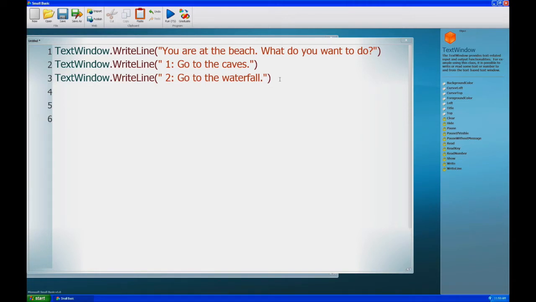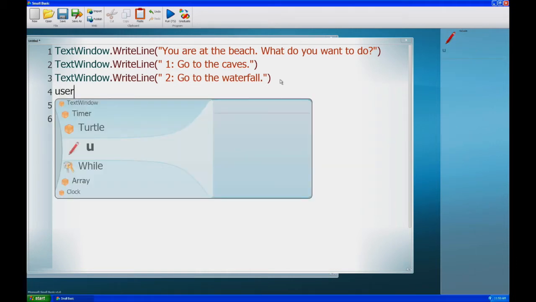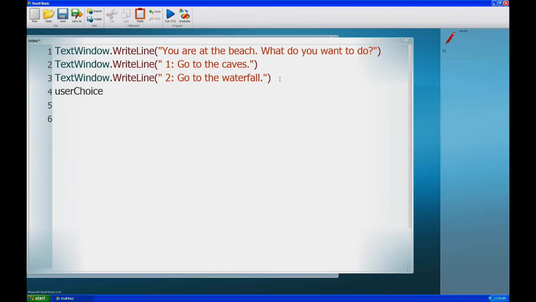So we could simply now say store what the user's choice is. So user choice equals text_window.read, so that it gives the user an opportunity to type in whether they want to do 1 or 2. And we could follow this along with an if statement. So if the user choice